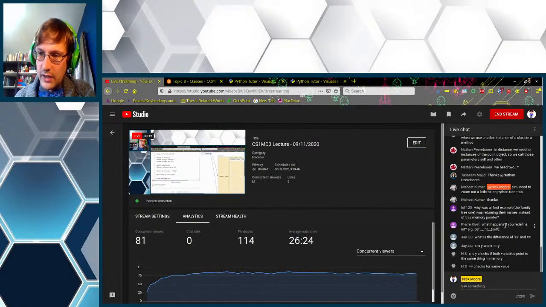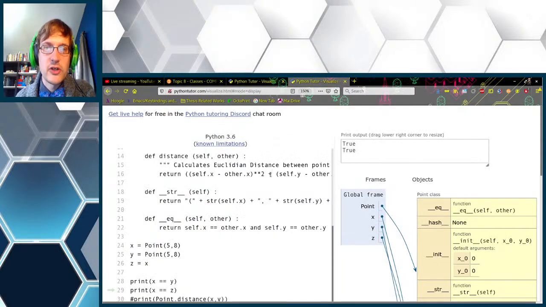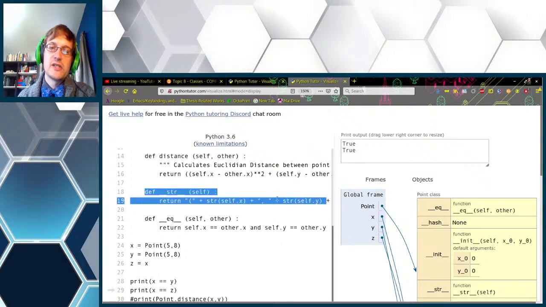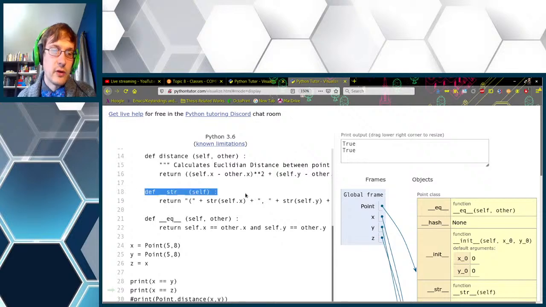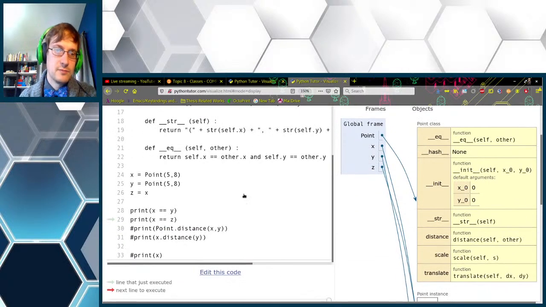What happens if you redefine __int__? Oh, int. I believe that redefines integer conversion. What you're doing here is you're not redefining print for the point class. You're actually redefining string conversion. The print function calls the string conversion function implicitly during its execution. That's why this is called __str__.